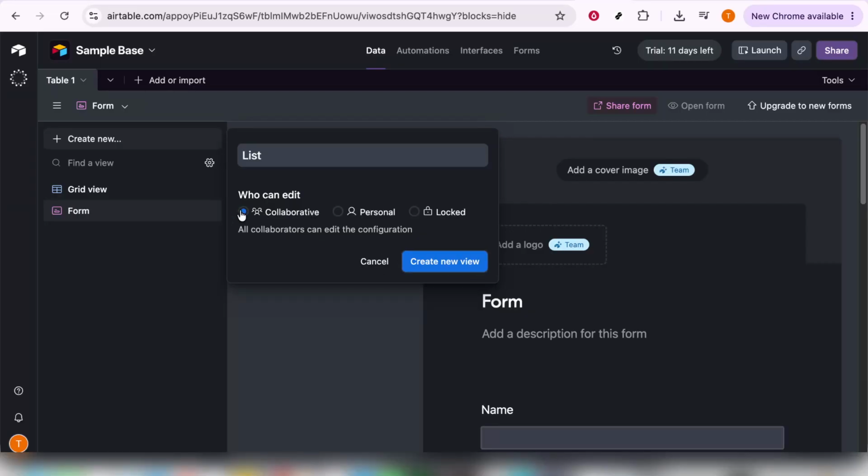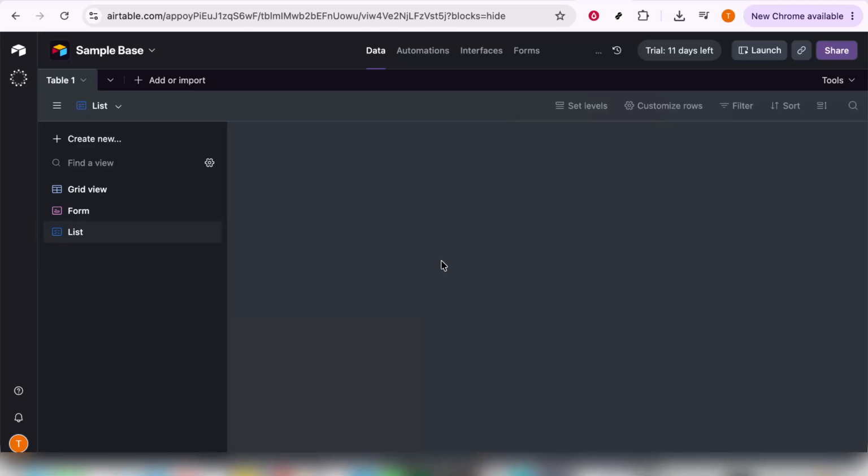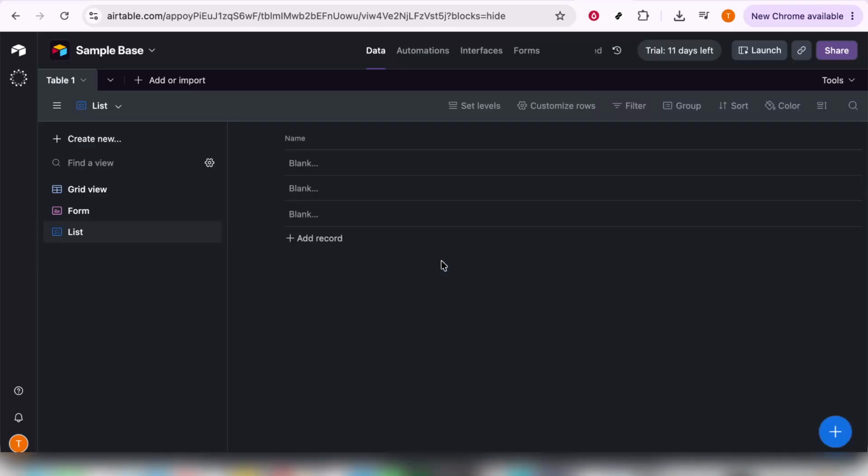Remember, as each member of your team works within this collaborative view, their changes and updates will sync in real time, fostering a dynamic and efficient workflow. And there you have it, a streamlined guide to setting up a collaborative view in Airtable. This feature can greatly enhance the way you and your team handle data, making it easier to track, update, and manage information collaboratively. As you get more comfortable with these tools,